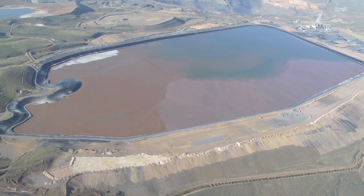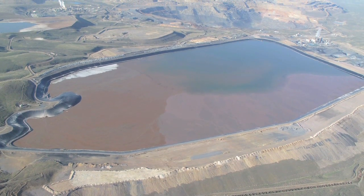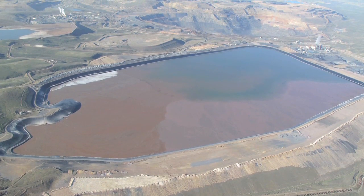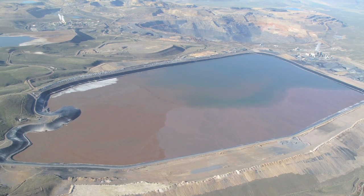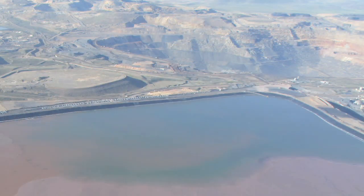And that's the reason we're up here today. We're here supporting the Tiffany No Dirty Gold campaign. We're working with Earthworks, and what we are tasked to do on this trip is to fly Native Alaskans